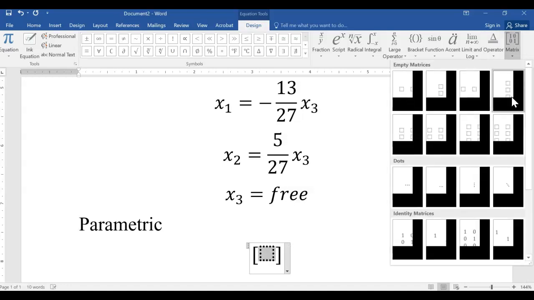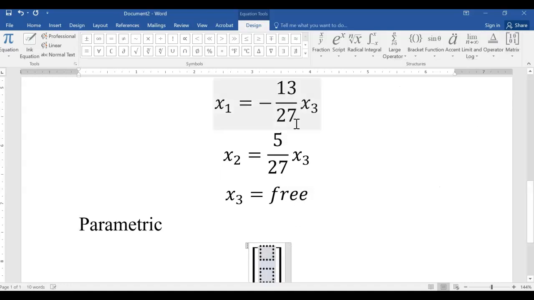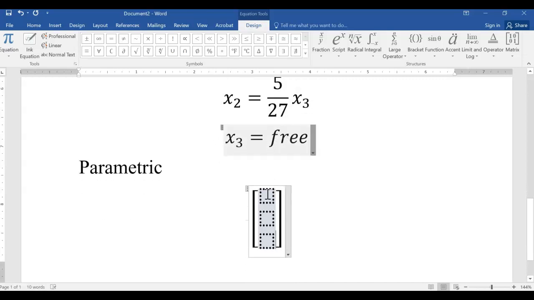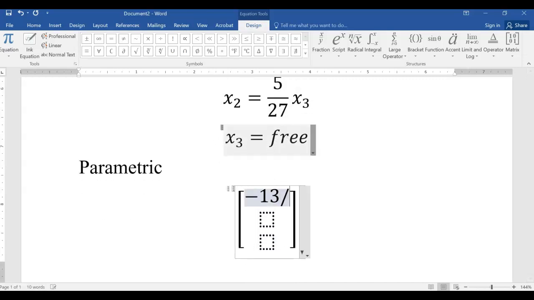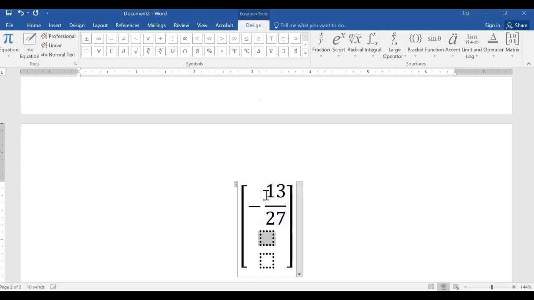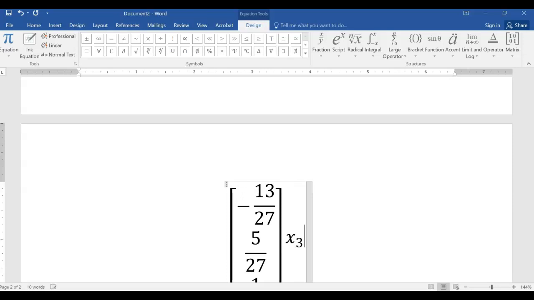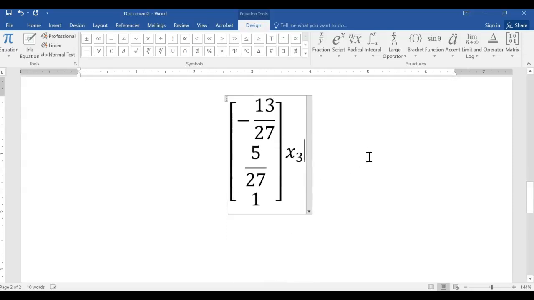They're going to be looking like negative 13/27, 5/27, 1 times x3. All right. So again, if my first entry has to be negative 13/27 times x3, my second entry has to be 5/27 times x3, and my last entry has to be 1 times x3,